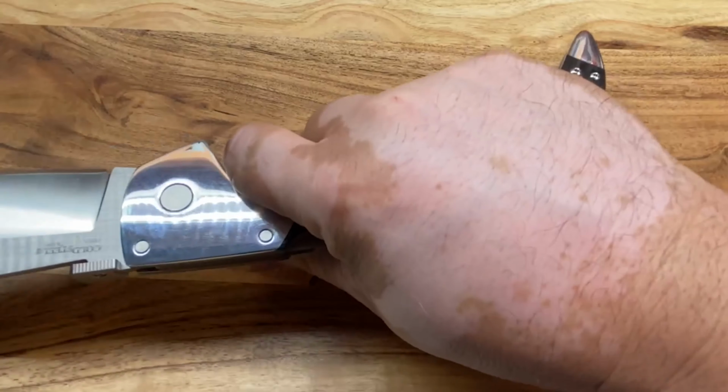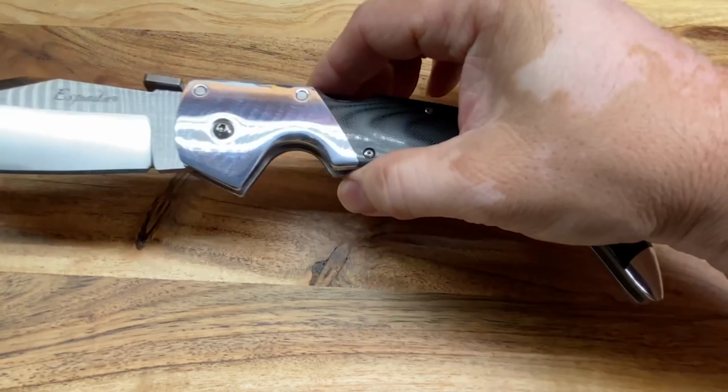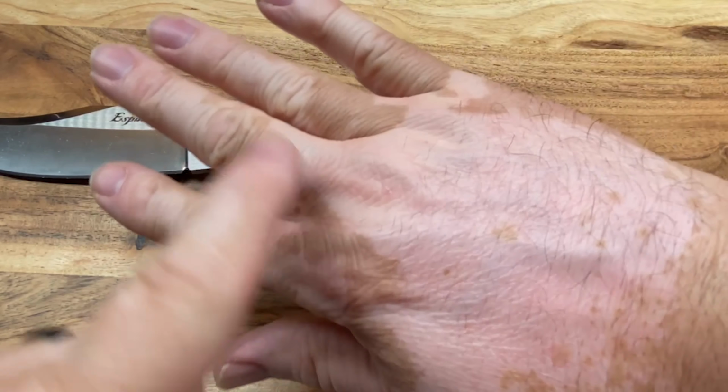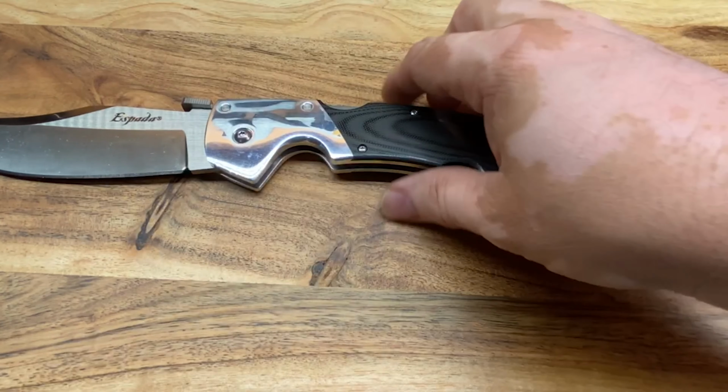And, you know, forgive my ugly hands. I've been out in the sun a lot. When that happens, my vitiligo spots start showing a lot more because the skin around them tans and this part doesn't. But anyway,